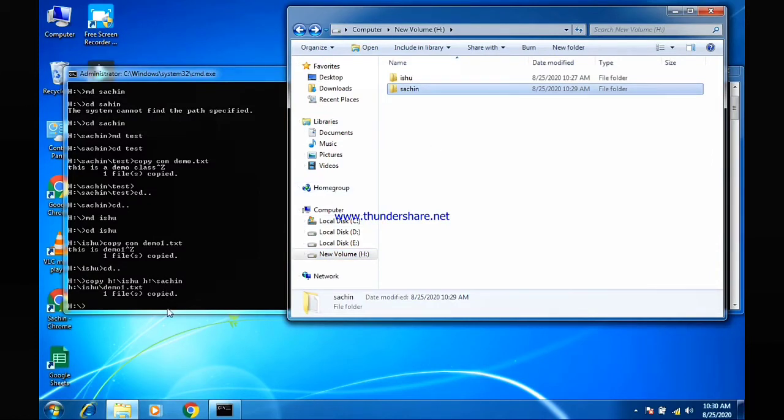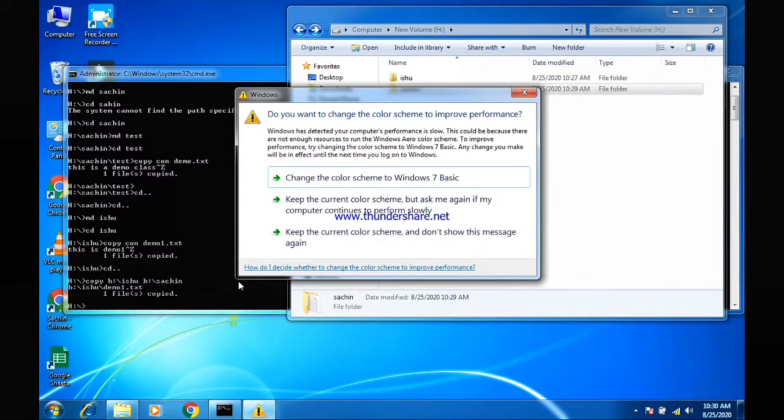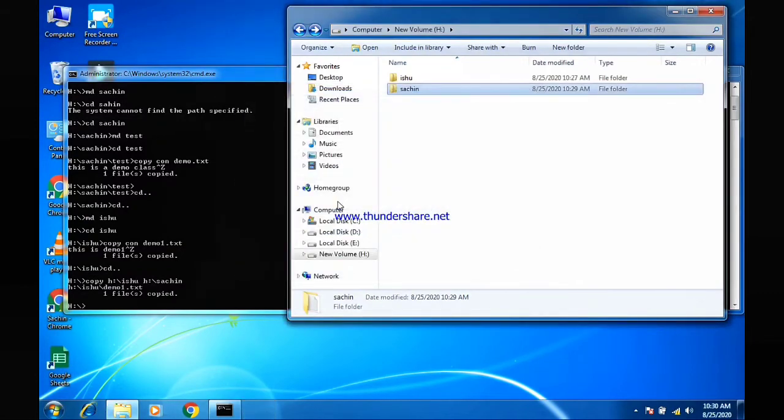For that we have to do xcopy. If you want to copy entire things, folders, files, videos, audios, any kind of file, from one drive to another drive, from one folder to another folder, then you have to use the xcopy command.